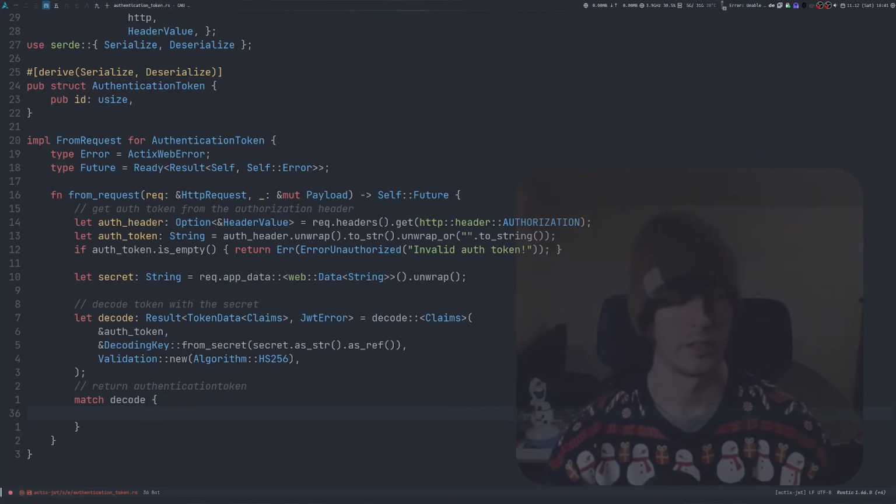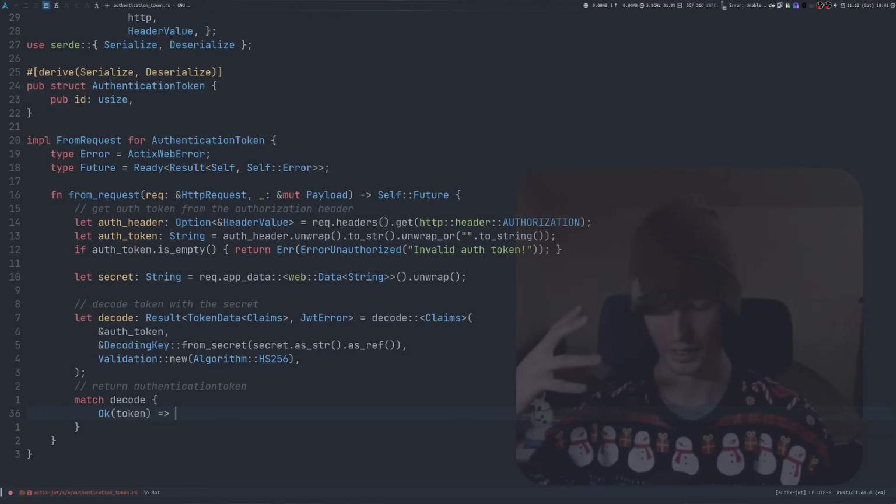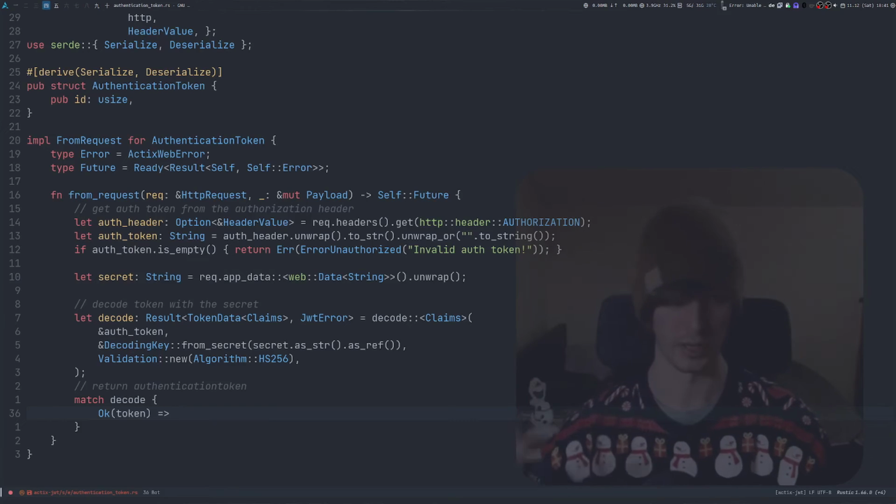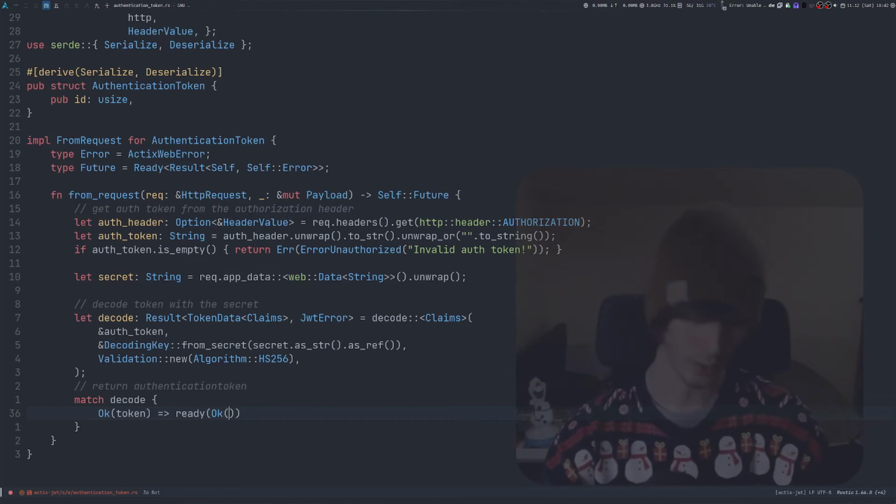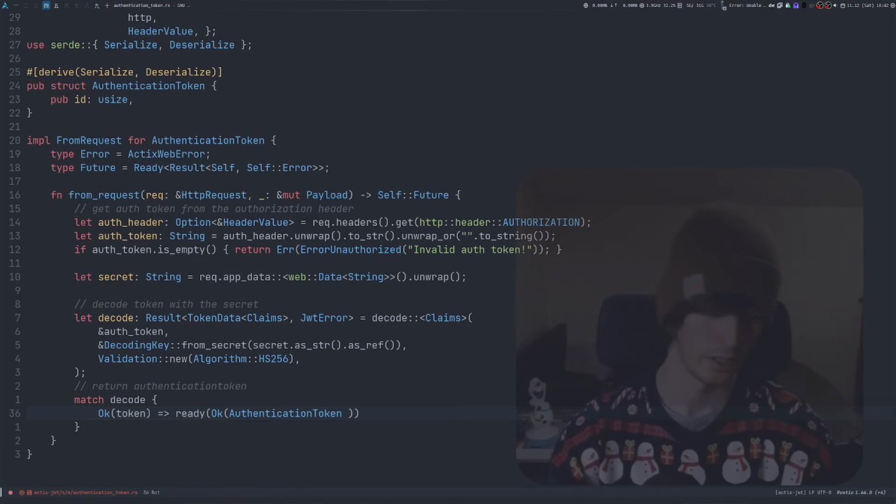And yeah, either it's a token, then we're gonna respond with response. No, we are not going to respond. We are not in a route function. We are in an extractor. We are in from_request. So what we are going to need to do is wrap it in a ready and Ok, and then we're gonna return itself, AuthenticationToken with,